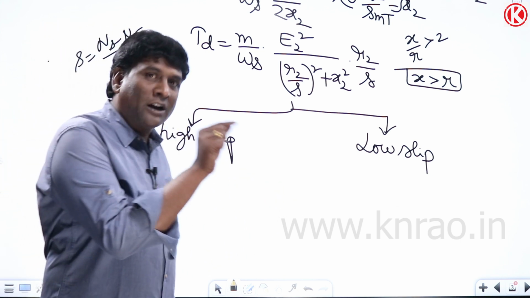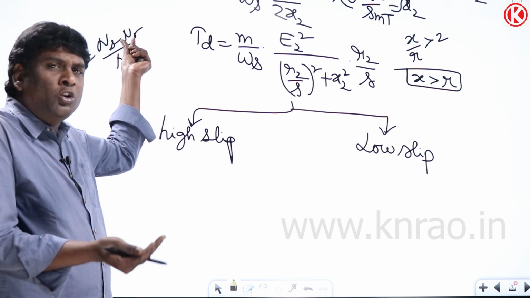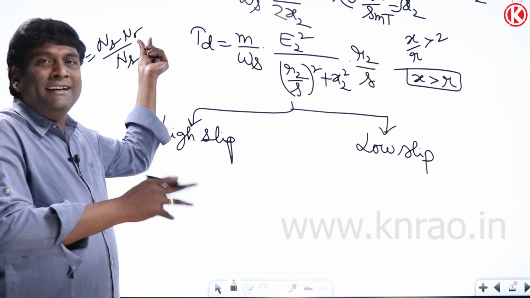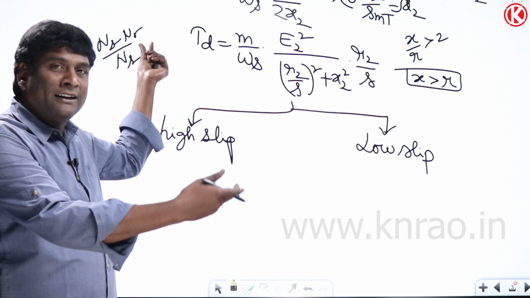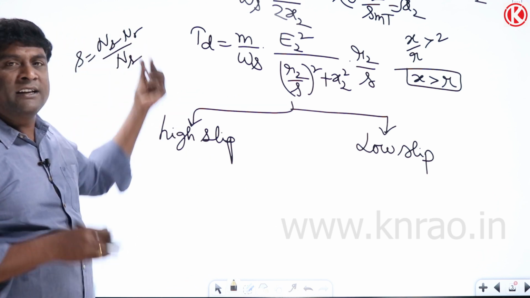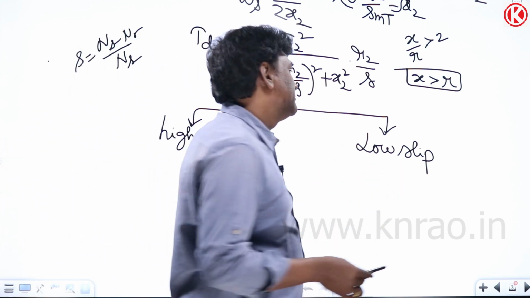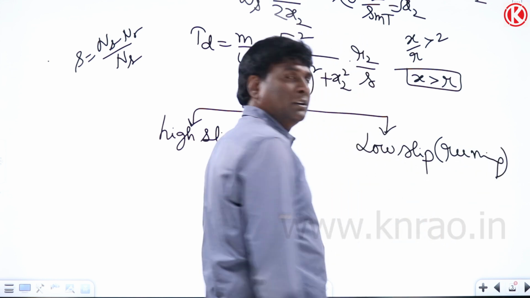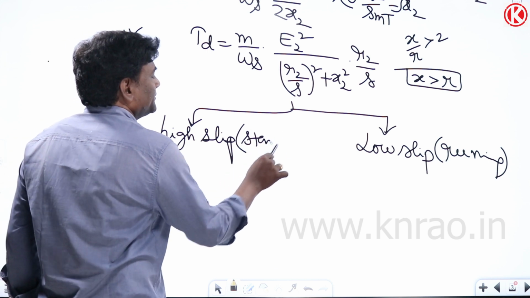Once the induction motor, there are two conditions. One is just if you start the induction motor. When you start the induction motor, my rotor speed is going to be almost 0, or at starting it will be 0. In starting conditions it will be much less. And once it goes to running condition, Ns minus Nr is going to be much less. So if I think of low slip region, it is going to be running conditions. If you think of high slip region, it is going to be starting conditions.